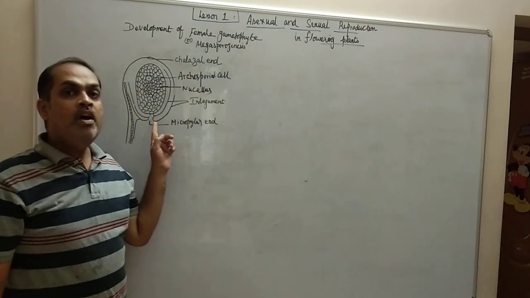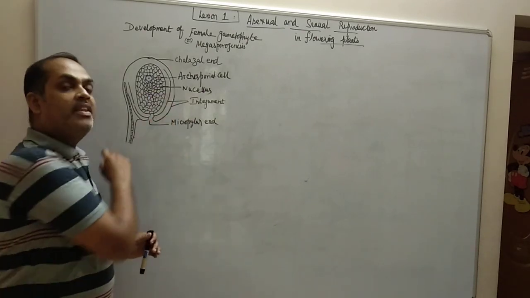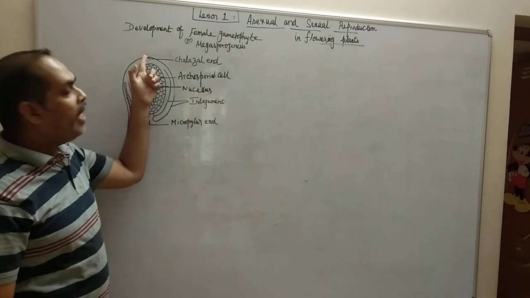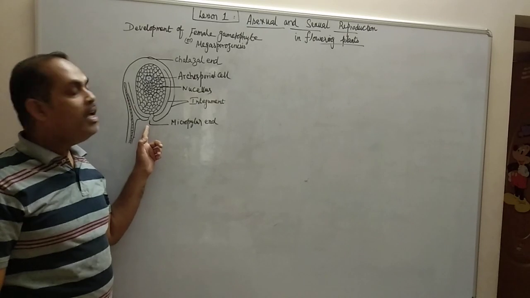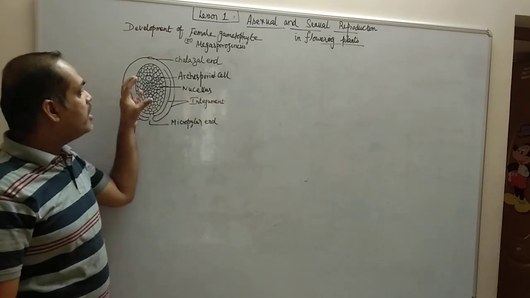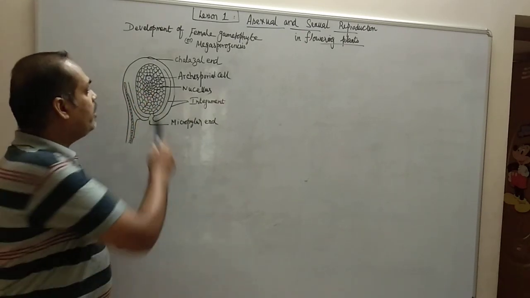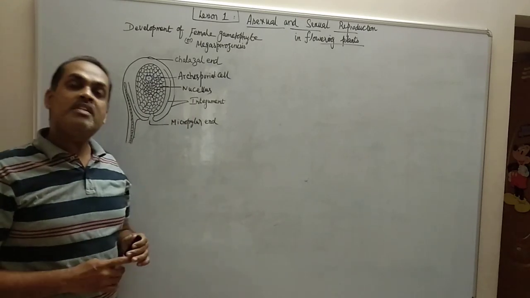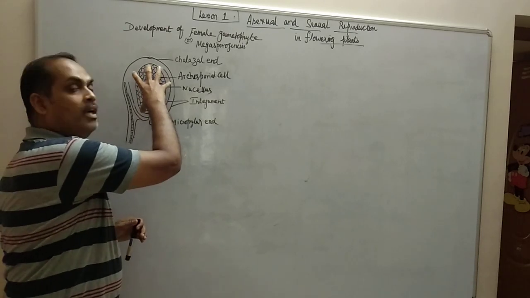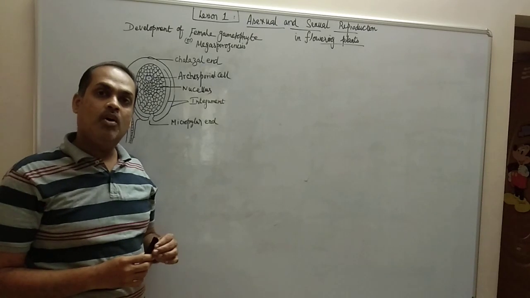As we all know, the ovule has two important parts. One is the main body, another is a stalk by which it is attached to the ovary. Now the ovule has two ends, the chalazal end and the micropylar end, and it is surrounded by two wall layers, the integuments, and the central mass of parenchymatous meristematic cells is called the nucellus. To understand megasporogenesis, it is enough for us to understand the main body of the ovule. Let us not consider all the other accessory parts of the ovule.